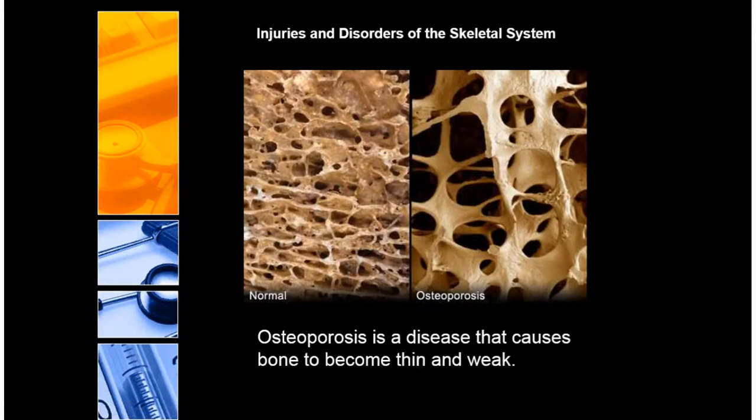Osteoporosis. Now, it's not really a disease that we need to worry about at our age at the moment. This disease generally manifests in people of an older age. I want you to look at these two pictures. They're very different. The one on the left here is what normal bones look like on the inside, and this is what a diseased bone looks like on the inside. Now, the one on the right is a piece of bone that had osteoporosis. And you realize here that the spaces in the spongy part of the bone are much bigger in someone who has osteoporosis than someone